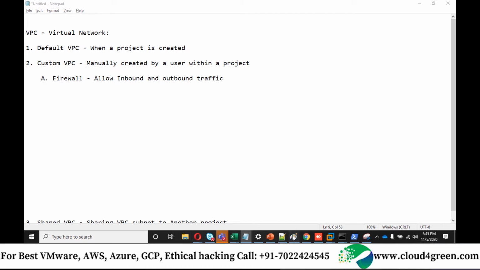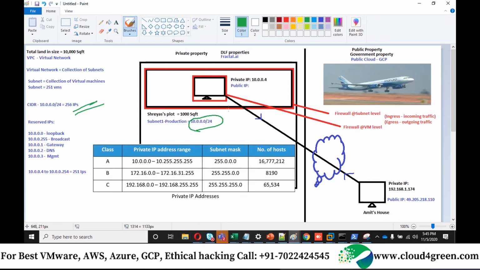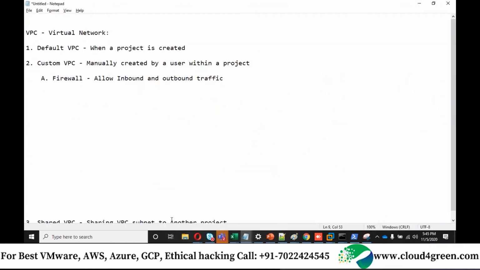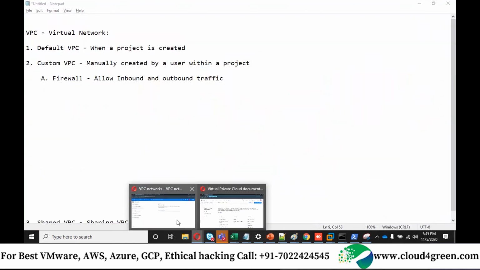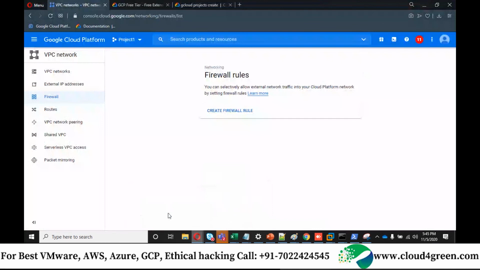See, as you could see in this diagram, virtual network should allow traffic inside, and also firewall rule should allow traffic to go outside from this virtual network. For that we have the firewall service. I'll click on create a firewall.